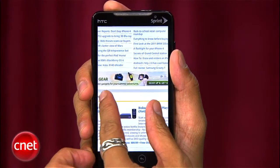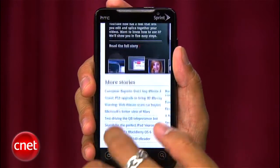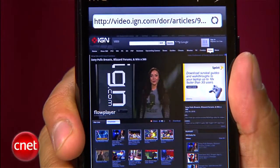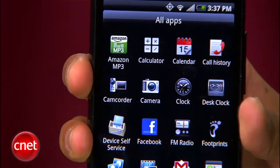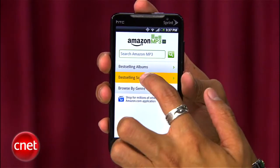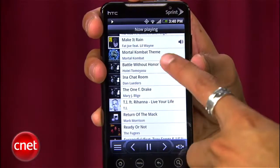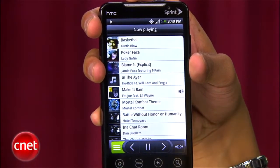Now, the HTC Evo 4G's web browser is on par with Safari with its smooth running multi-touch. Flashlight support is here with full flash coming soon. Amazon's MP3 store and DoubleTwist will take care of your media syncing, but the lack of a video store hurts a little. The HTC Sense UI also gives us the best Android media player, plus its 8-megapixel camera with